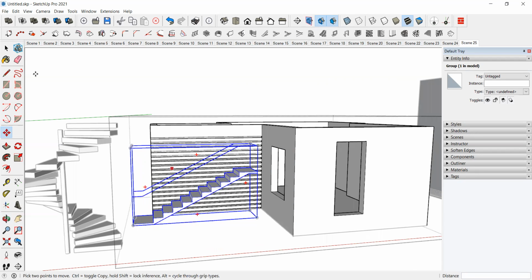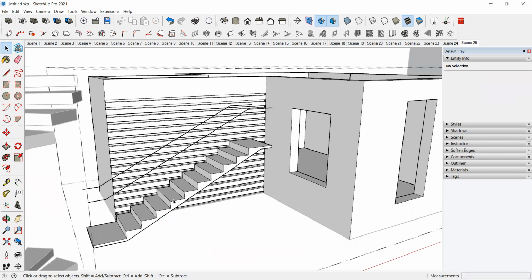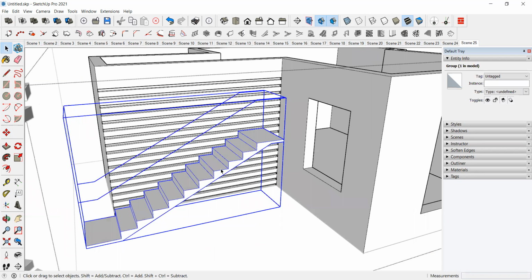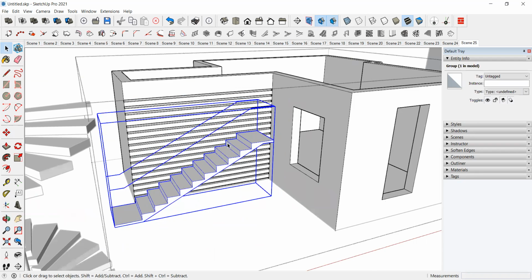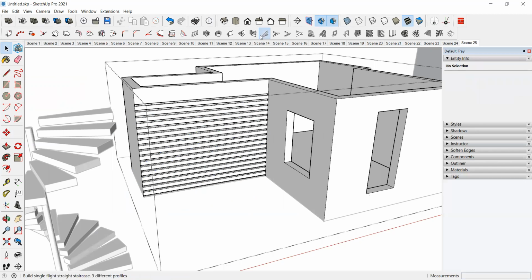Because of that, we must know what is the height of our wall. Then we can easily mention the number of risers and all. So easily we can create the staircase, and we have different models in that.